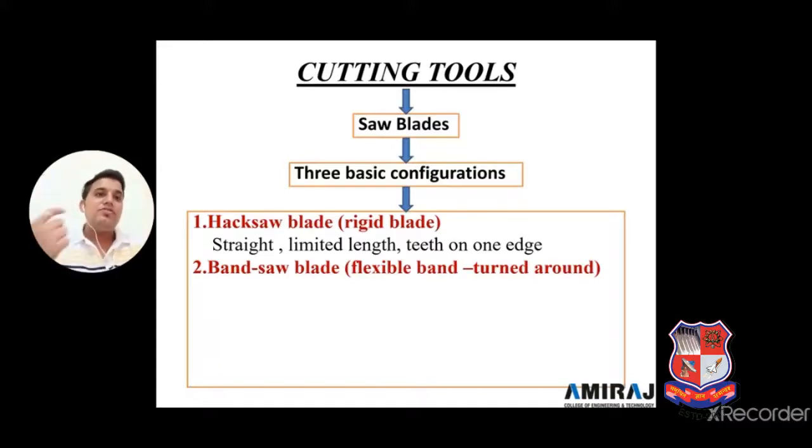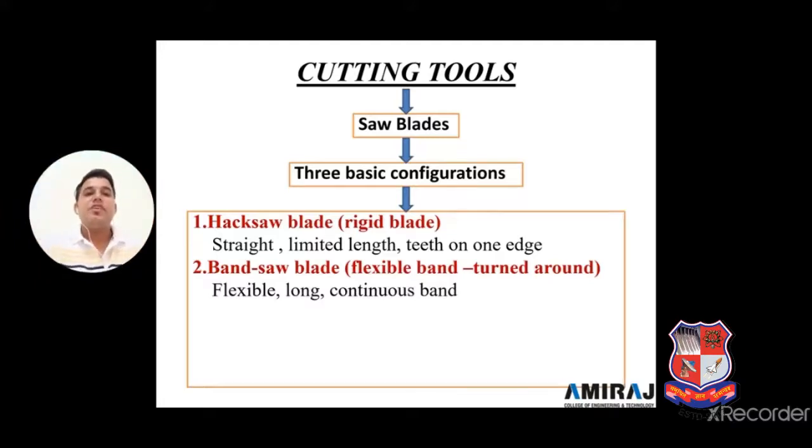As shown in wood industries, a big round blade is there, and we are also using a band blade. The hacksaw blade we have already observed in our workshop subject in Manufacturing Process 1, when we cut the metal piece, or before starting an operation on a shaper machine, we cut the job manually or under the hacksaw machine blade. The band saw machine has a flexible, long and continuous band.